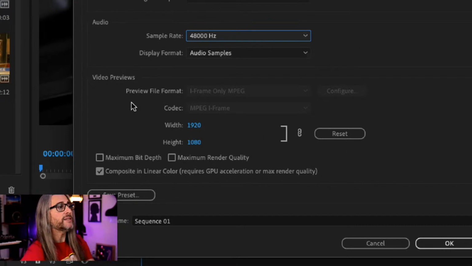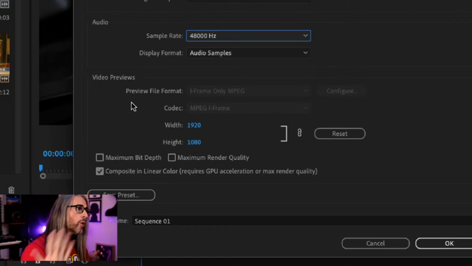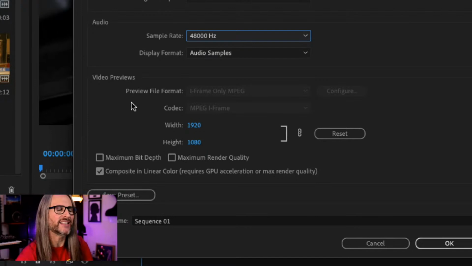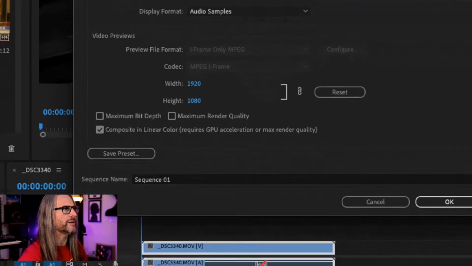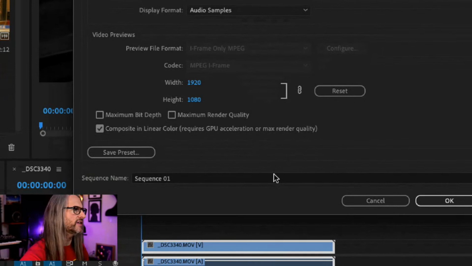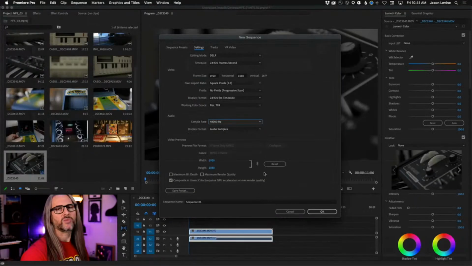Now, video previews, this is important because, again, we'll get more into this later as we talk more about deep diving into editing. That's not today, that's another episode. But your video previews are super important because this is going to allow you to use those preview files. So let's say if you choose the default as iframe MPEG, but we'll often change that to ProRes. If you've got a lot of effects and things going on that you need to render in